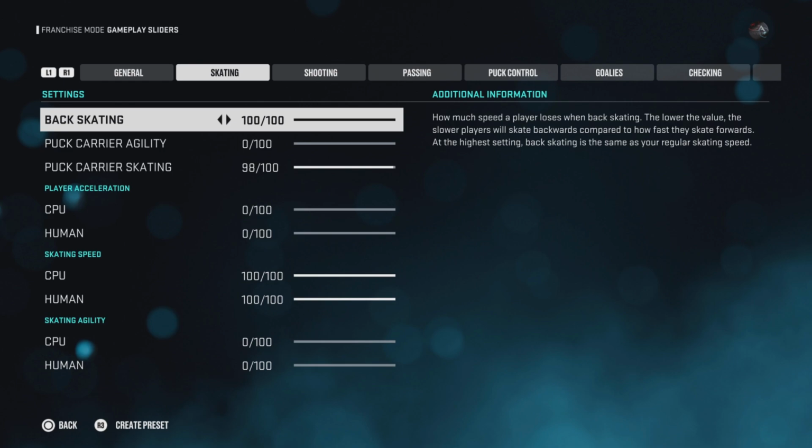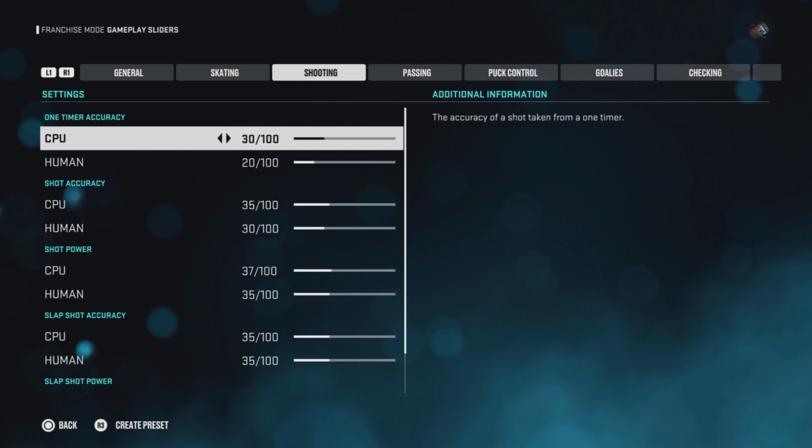Try them out. They are freaking awesome. They really add weight to your player. Fast guys are still super fast. It just plays great. All right, now these sliders, the